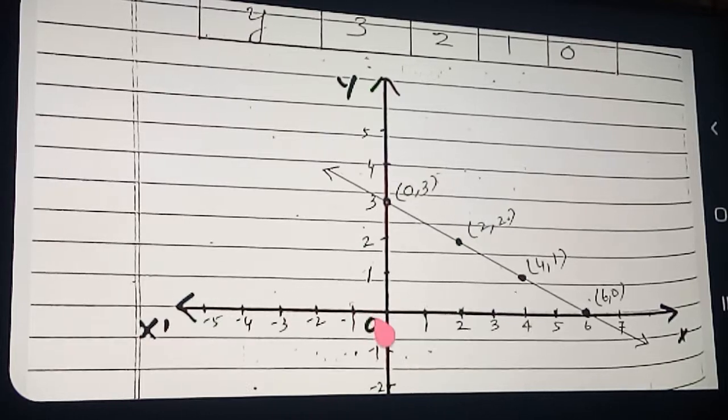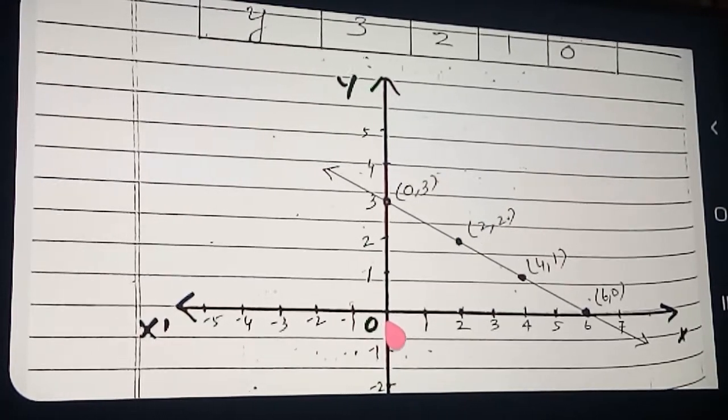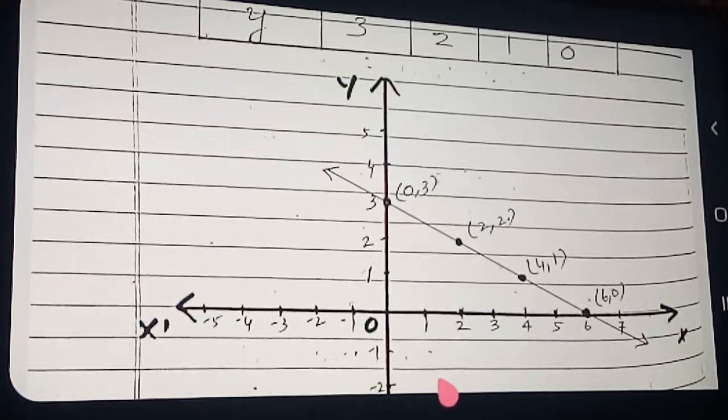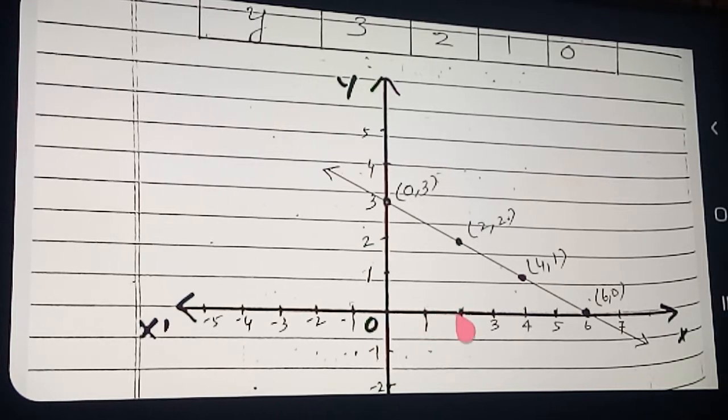Clear? After drawing, now in your graph paper you can see 5 division graph is there, 10 division graph is there. Actually 5 division graph means there is only 5 divisions. And 10 division graph there is 10 divisions are there. But this 5 divisions and 10 division both are 1 centimeter only. So if you have 5 division graph, then after each 5 divisions you can see a thick line is there. That thick line you mark 1. Next again 5 division mark 2. Next again 5 division mark 3. Next 5 division 4. Next 5 division 5, 6, etc.